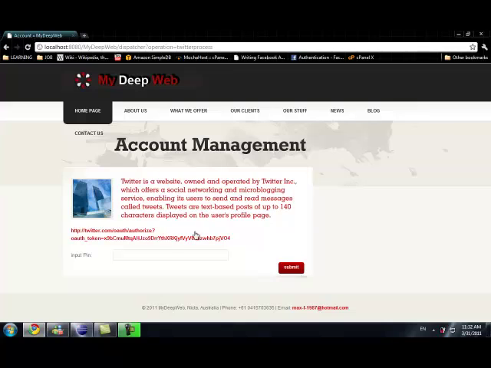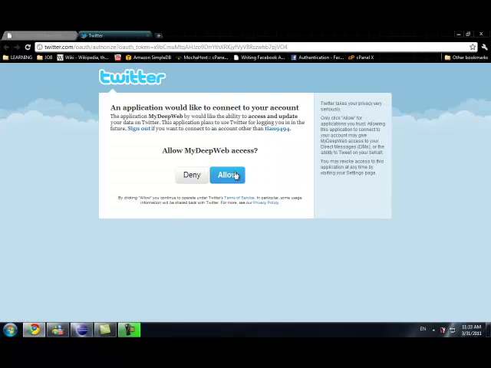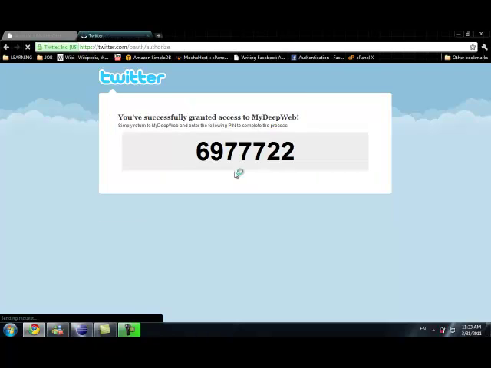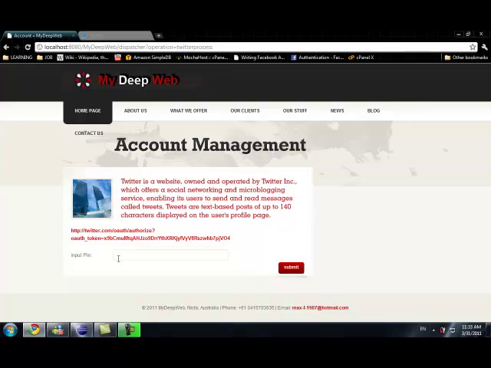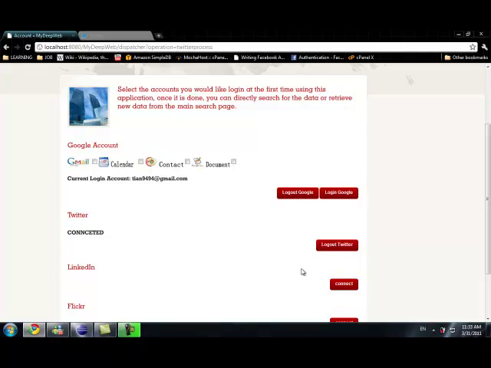For Twitter, it's a bit different. We use the OAuth authorization method, which means we need to get the pin to let the web server give access to the program. We click submit, and the same for LinkedIn.